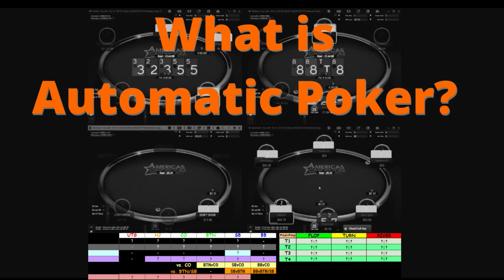Hello, today I'll be playing a 25NL session on America's Card Room. The purpose of this video is to show you how automatic poker works and to highlight the tools that we use to improve. Here is a sample portion of the core chart that my students use when first starting out